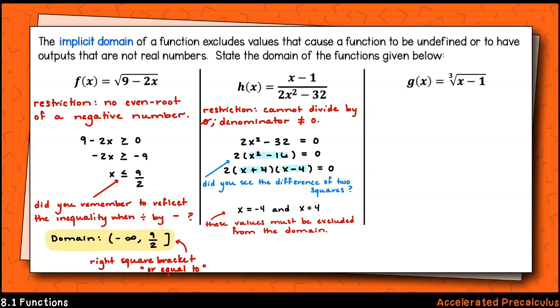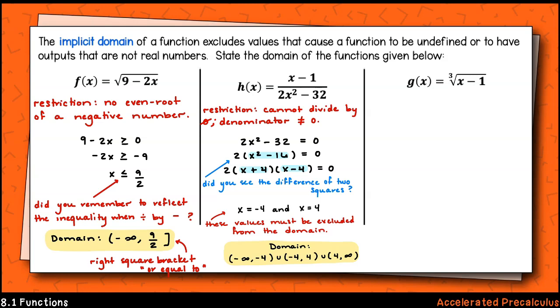This is a second-degree polynomial, and by the fundamental theorem of algebra, that means that this polynomial has exactly 2 roots. So I'll set up 2x squared minus 32 equals 0 and solve by factoring. I see a difference of 2 squares here and 2 unique roots, x equals negative 4 and x equals 4. So our domain will be all real numbers except x equals negative 4 and x equals 4. To write this using interval notation, I'll go from negative infinity to negative 4, union, negative 4 to 4, union